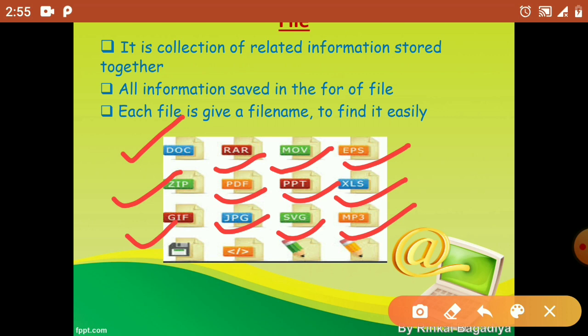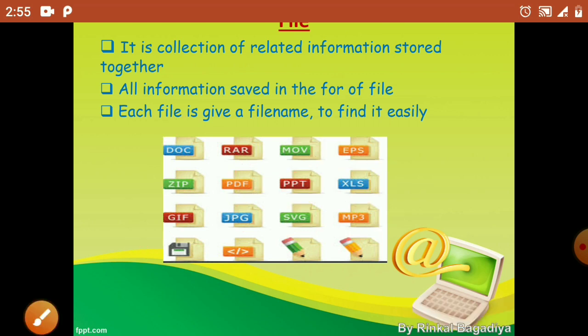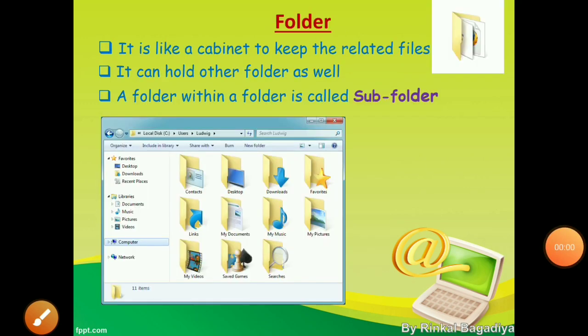It means when we make a file in any program, for example, if we make a file in Word, then it will be saved as a .doc document. And if we make a file in PowerPoint, then it will be saved in .pptx format. So these are files and their formats.